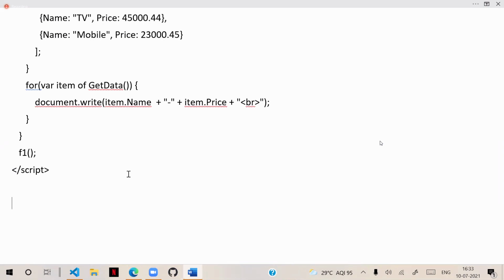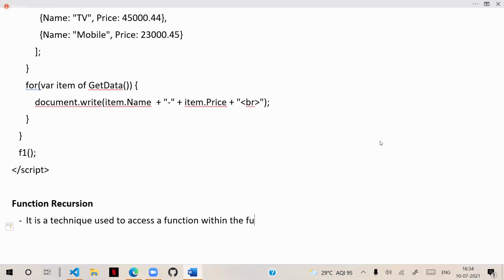Next important in functions, you need to understand function recursion. Function recursion is a technique used to access a function within the same function.